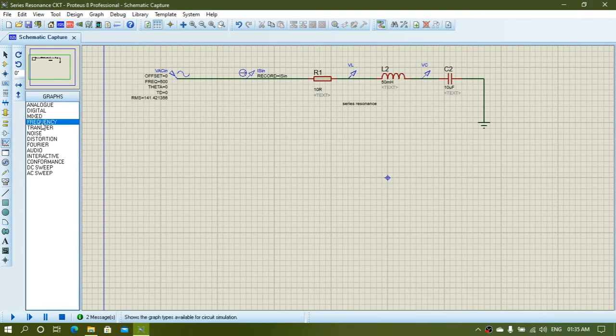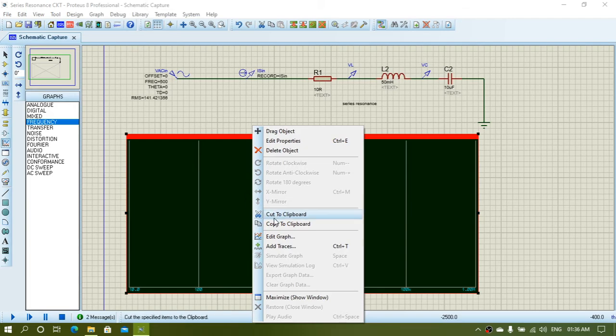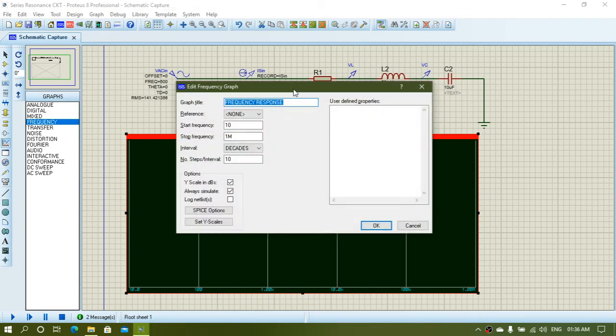Now take your frequency plot feature and mark a space, allot a space for this graph. Now your first job is to right click on the graph and edit the graph.